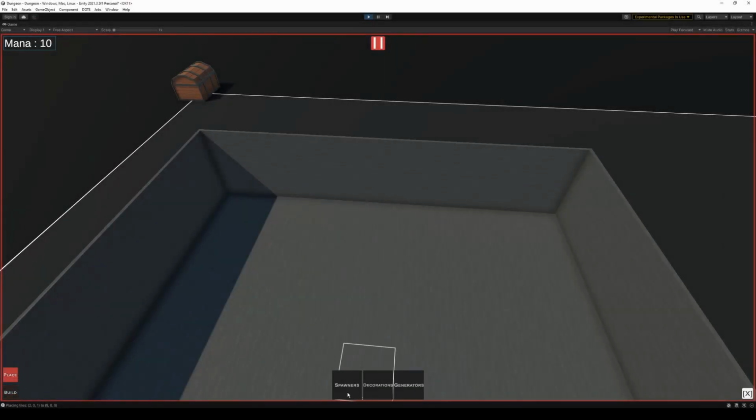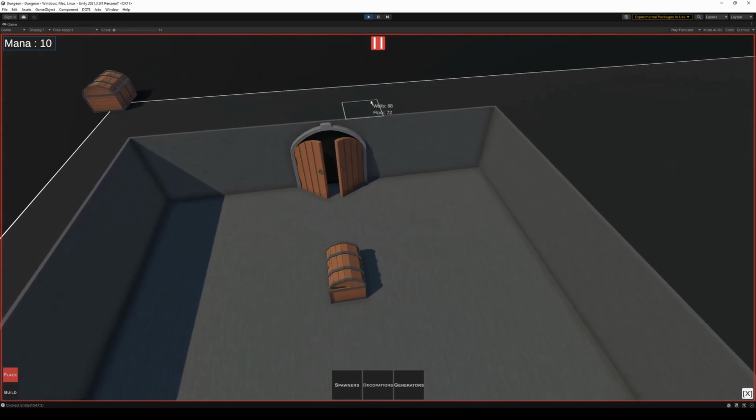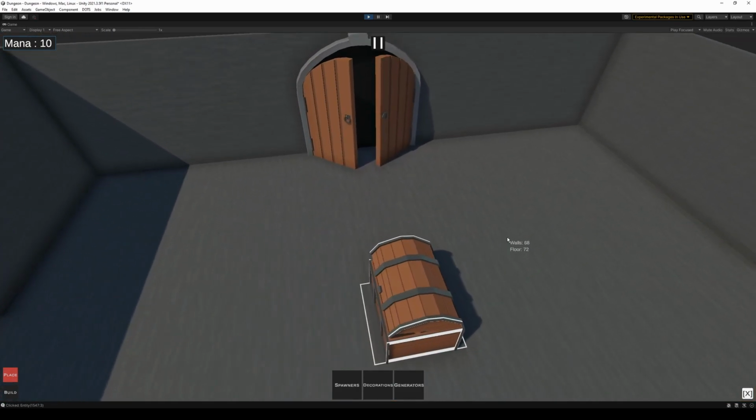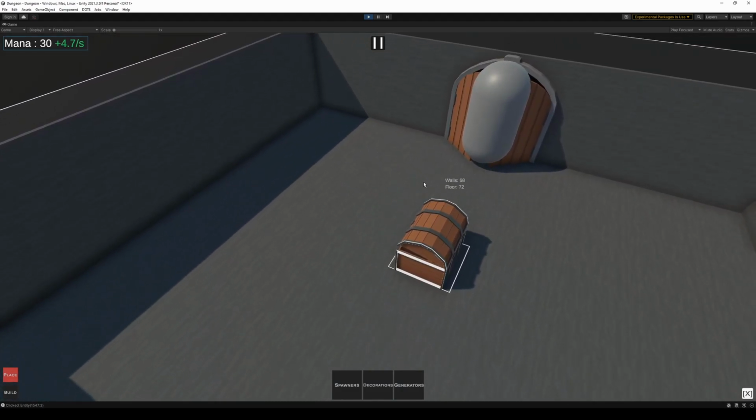Hello and welcome to another week of game development. It's going to be a very short update this week. Haven't had a lot of time to work on the game, so all I've managed to do is get it so that when a mob